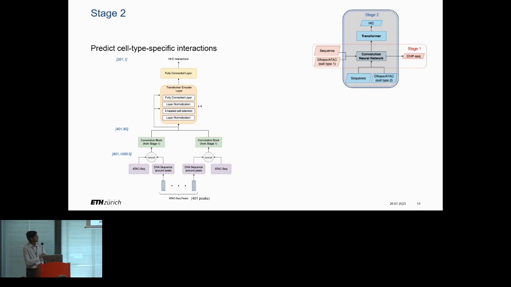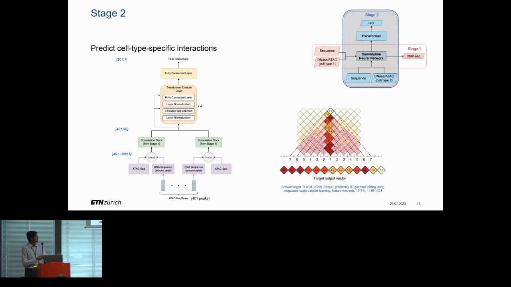Coming back to the architecture, for each peak in our input sequence, we look at the DNA sequence around the peak, combine it with the corresponding ATAC-seq signal, and pass it through the pre-trained convolution layers from stage 1. This generates the features that we need for the given input peak, and we repeat this for all the peaks that we have in our input. So now we are at this stage where we have the features that don't depend on cell types, yet are relevant for 3D folding. We pass them through a series of transformer encoder layers to capture the relation between different ATAC-seq peaks from our input, and finally predict the Hi-C interactions between them.